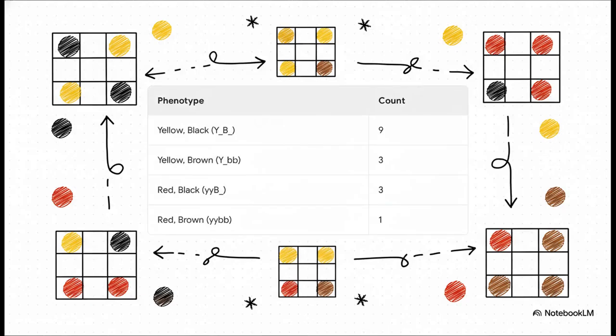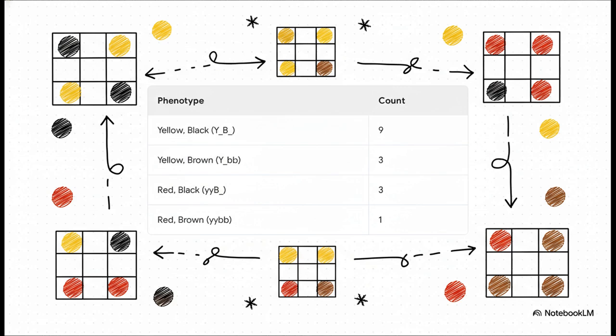Okay, now picture a much bigger Punnett square, a 4x4 grid. Along the top, you'd list those 4 possible gametes from one parent, YB, Yb, yB, yb. Then you do the exact same thing down the side for the other parent. That gives you a grid with 16 boxes. Now, you don't always have to draw it all out. If you did, and then you counted up what all the offspring look like, you'd get this absolutely iconic result